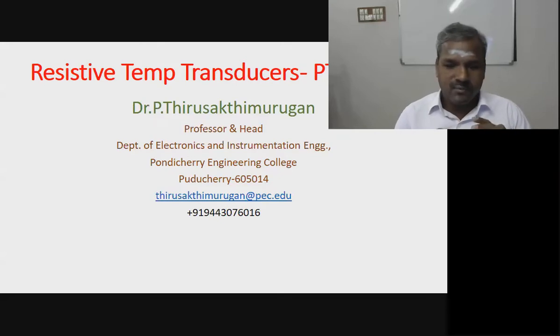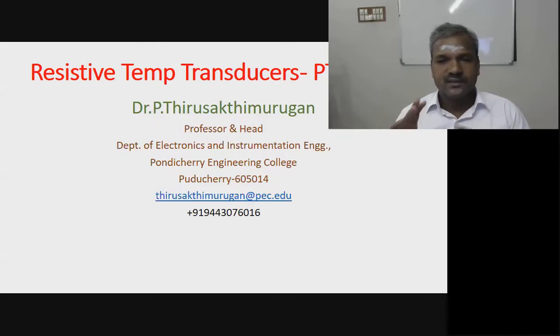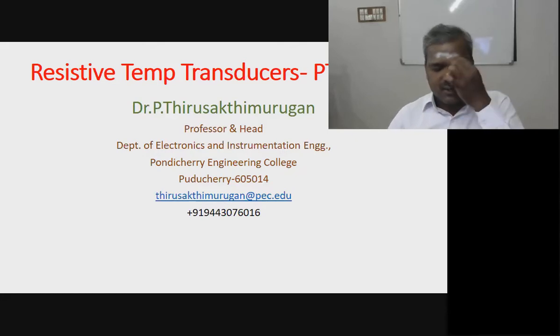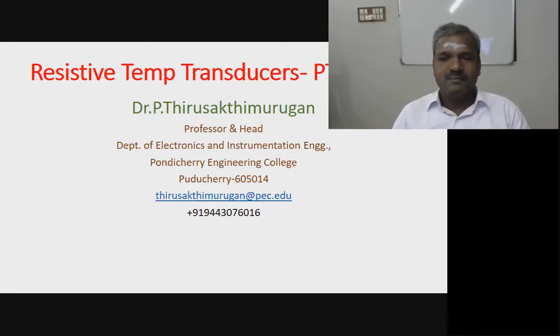So if input temperature increases and the output resistance increases, then it is called positive temperature coefficient. Negative temperature coefficient means if input is increasing, output resistance decreases almost exponentially. That's why the RTD, resistance temperature detectors, particularly famous RTDs are platinum 100, PT 100 and PT 1000. These two are widely used in industries for detection of temperatures. So PT 100, RTDs are all called PTC.